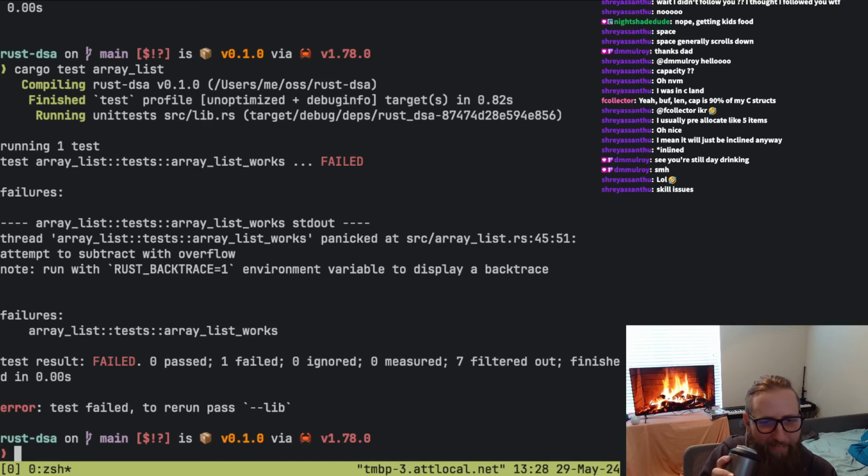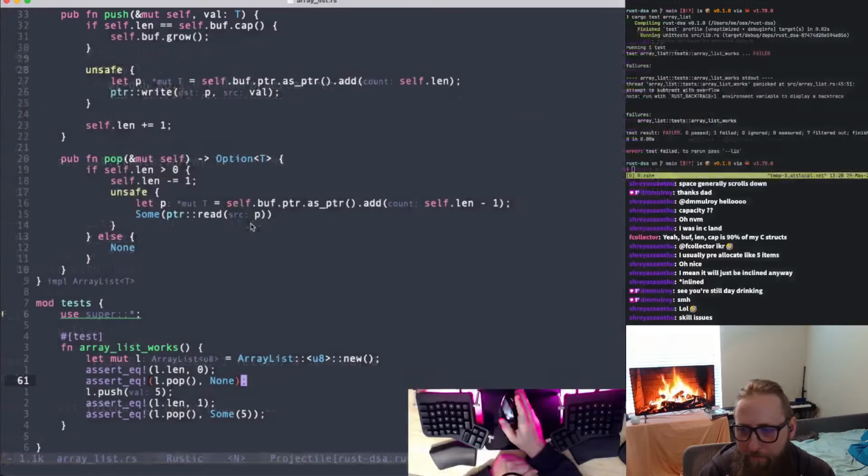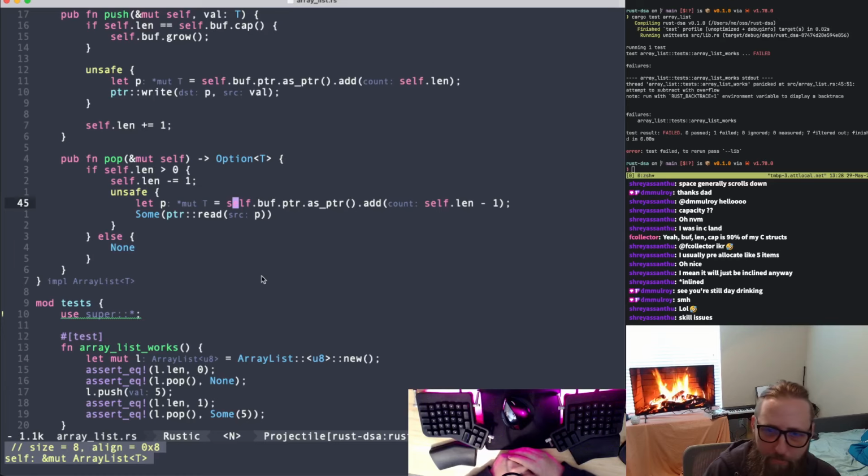All right, what failed? Attempt to subtract with overflow. Nice. All right. Nice. Almost died there. Almost died with that drink. We're okay now. I think I'm gonna make it. Oh, if only this worked. Okay, so we panicked at line 45. Okay, yep, not surprised. If self.len is greater than 0,